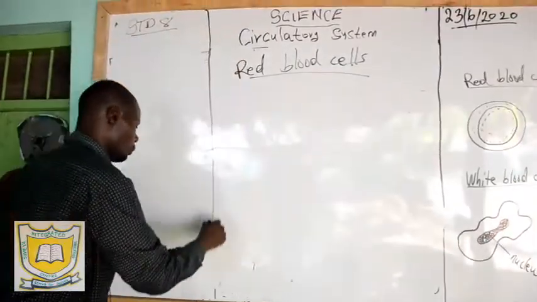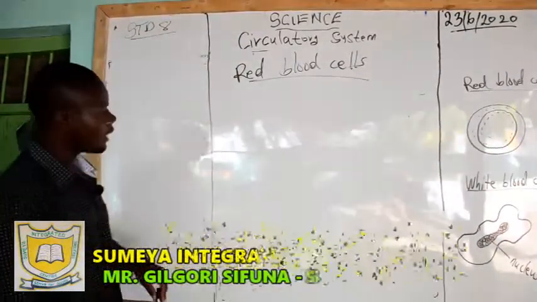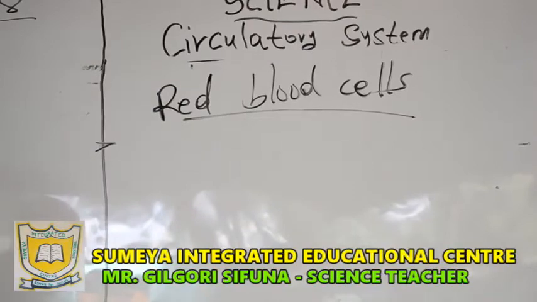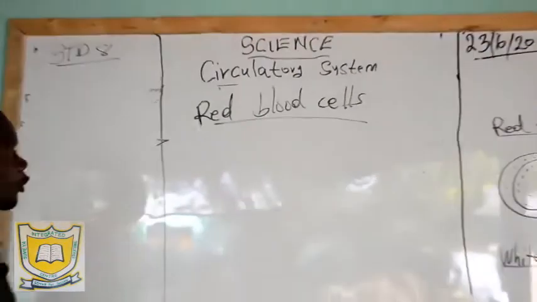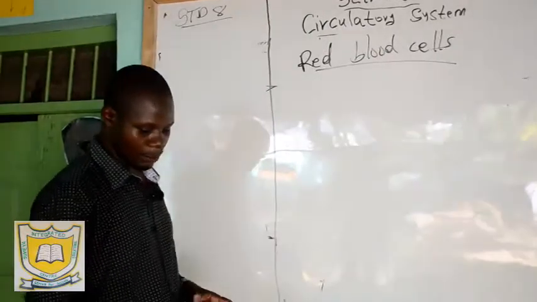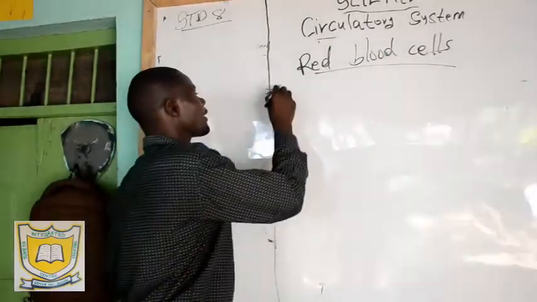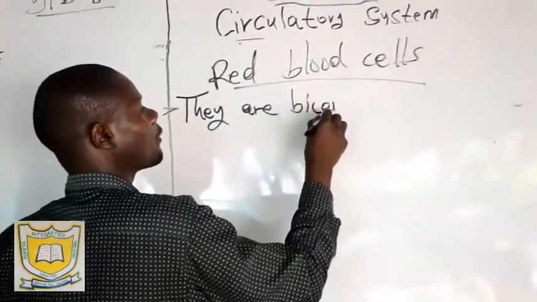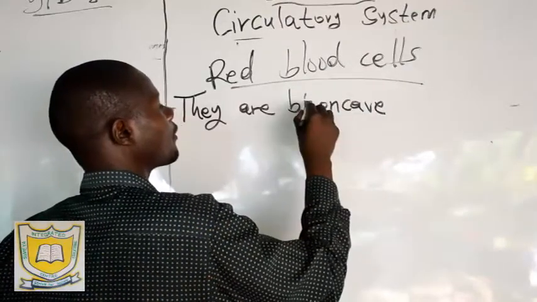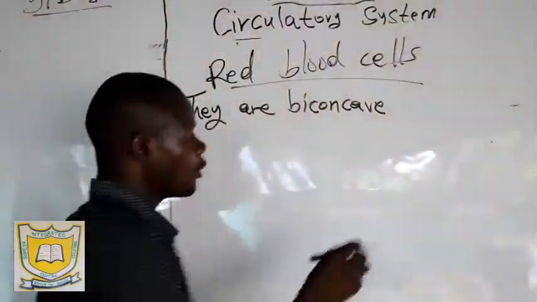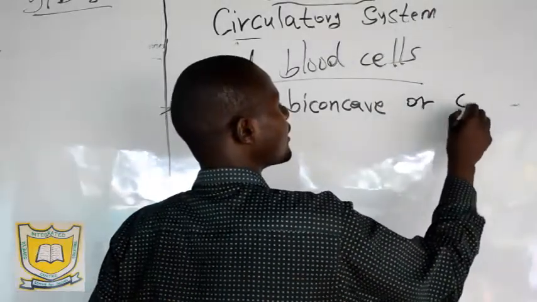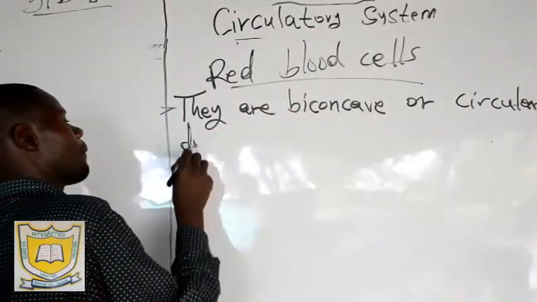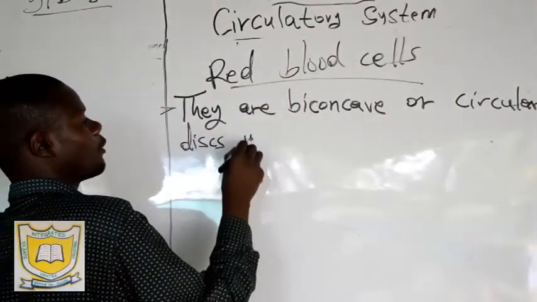Okay, now when we talk about the second component of blood, red blood cells, how do they look and what are their functions? You find that red blood cells are biconcave or circular discs in shape without nucleus. They are biconcave, or we can say they are circular discs without